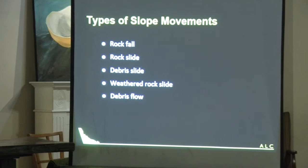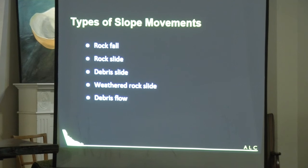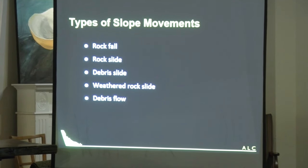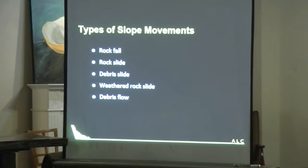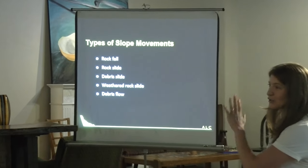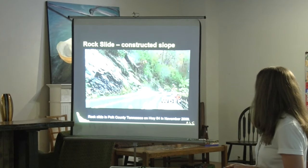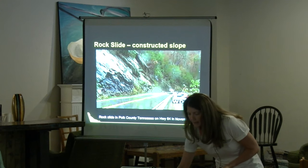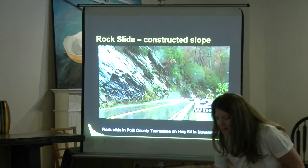The types of landslides that we see in western North Carolina involve rock and soil. So we have rock falls, rock slides, debris slides, weathered rock slides, and debris flows. And I'll show you some pictures of some of these. So the first one, this is a rock slide actually in Tennessee, but I chose this one because it is